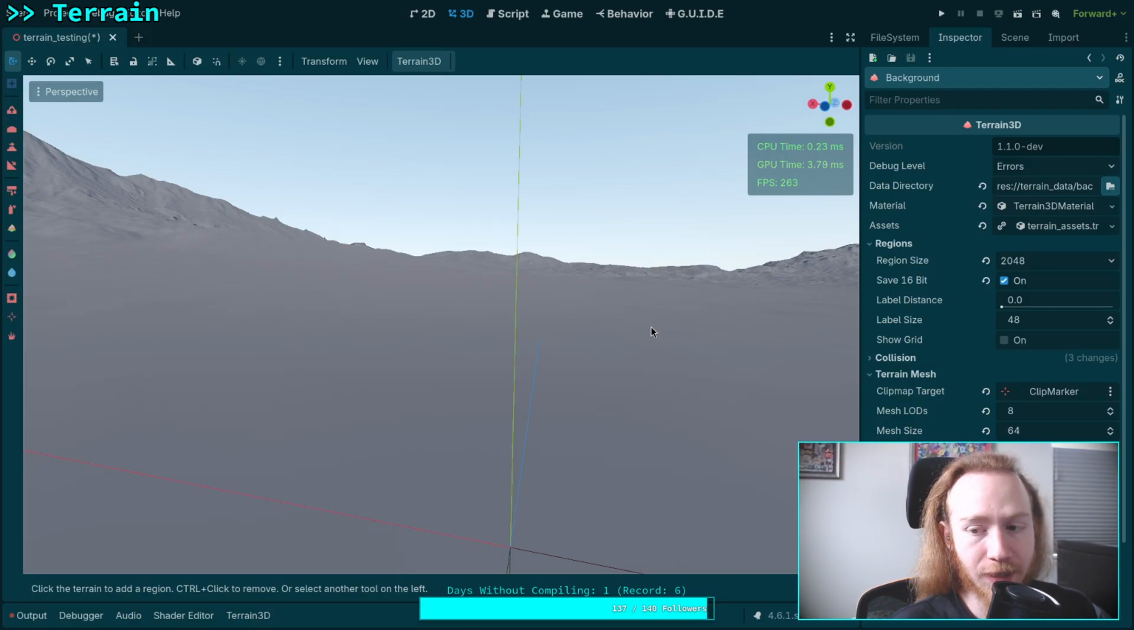Okay, so if I treat the terrain, yeah, because 4 square is 16 square kilometers, right? I would say